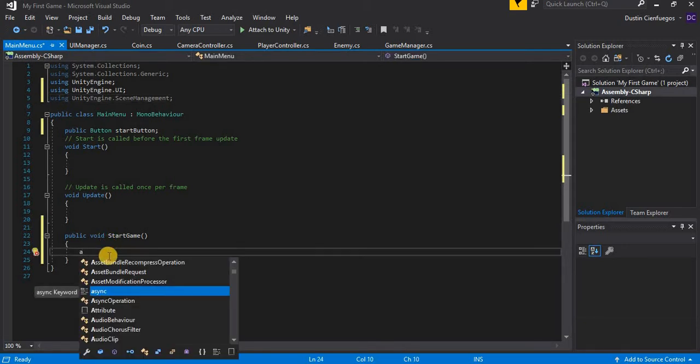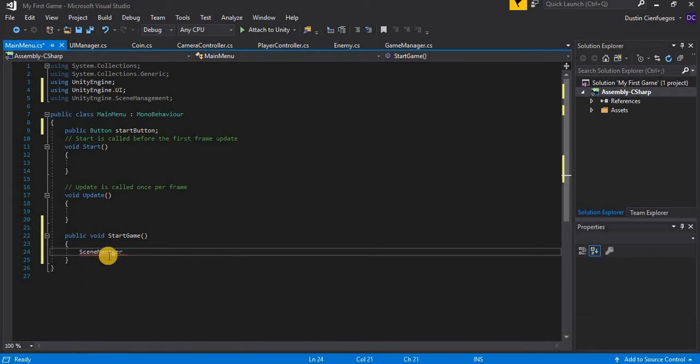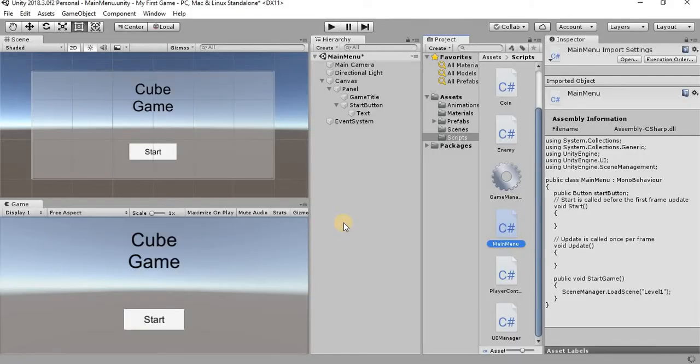and we want to say SceneManager.LoadScene, and the scene we want to load is level 1, just like that. And that's all we really need to get started here. So if I go ahead and save this, go back into Unity, let it compile,